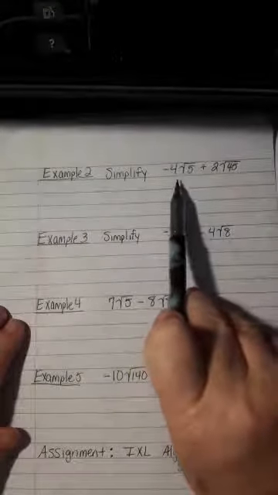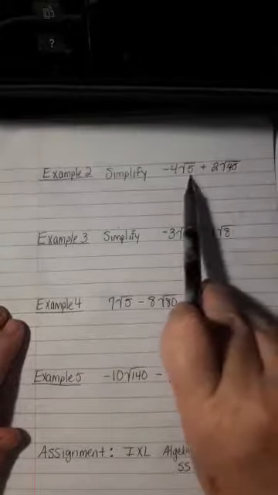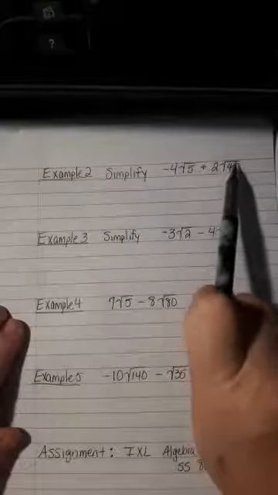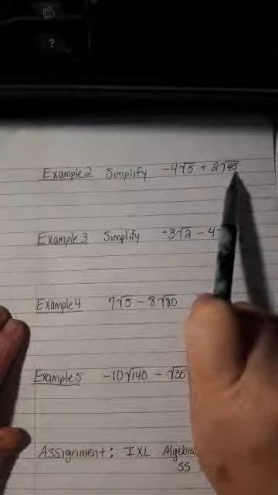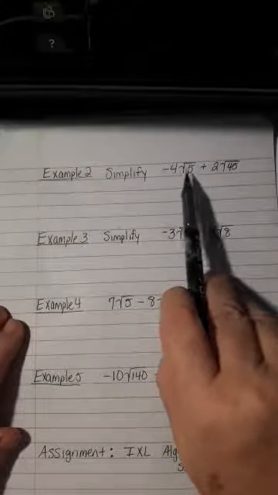If you will look at example 2, notice you have -4 on the square root of 5 plus 2 on the square root of 45. So notice the numbers are not the same in here. But you can't just say that it can't be simplified, because this 45 right here has a perfect square that's a factor. You have to simplify this before you know if you can add these or not. So this 5 has no perfect square factor, so that one's pretty much done. This 45, though,